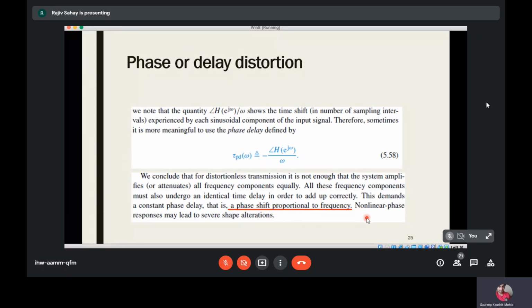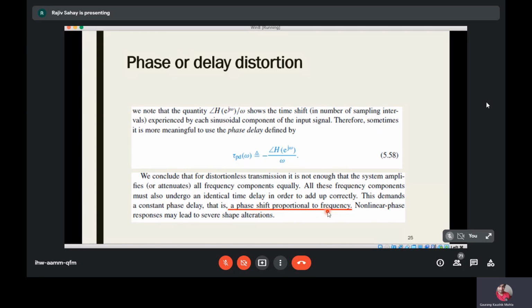This is the most important part of today's lecture, and I think just one more slide and then I should stop. So for distortion-free systems, they should be all-pass systems. That is, mod of H(e^jω) should be equal to G, a constant flat DC line. Magnitude response should be constant, and the phase response should be such that the phase shift is proportional to frequency. So if you see, the phase response is a line passing through the origin, which is having a slope of minus nd.